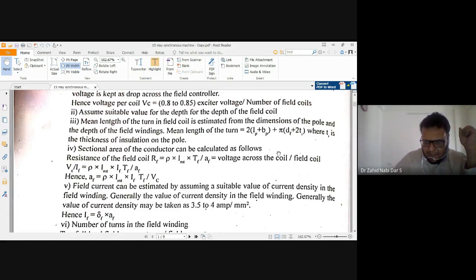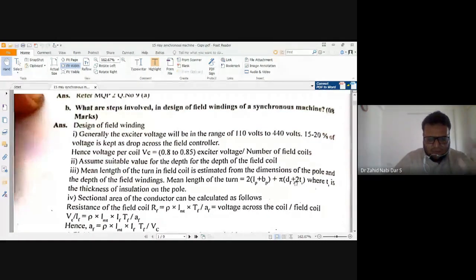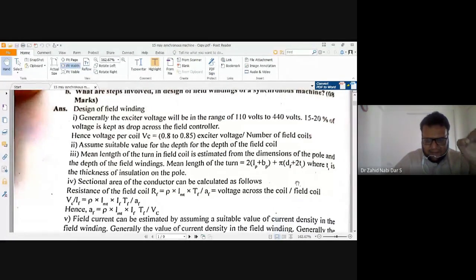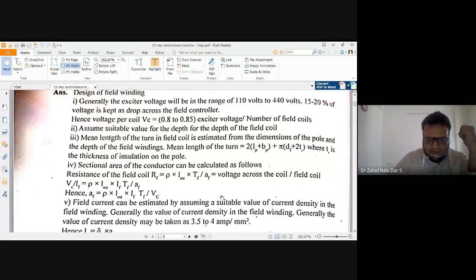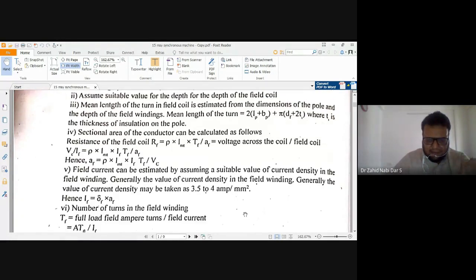So here you see repeated terms. This is an ordinary text, an exam scanner type of thing, from where I took these two questions, because these questions have come previously. Instead of writing it down, and my handwriting is not that good, I thought, okay, I will take the text only. But here you see so many mistakes are there. But anyway, you can understand in a much better way. So avoid these typing mistakes they have made.